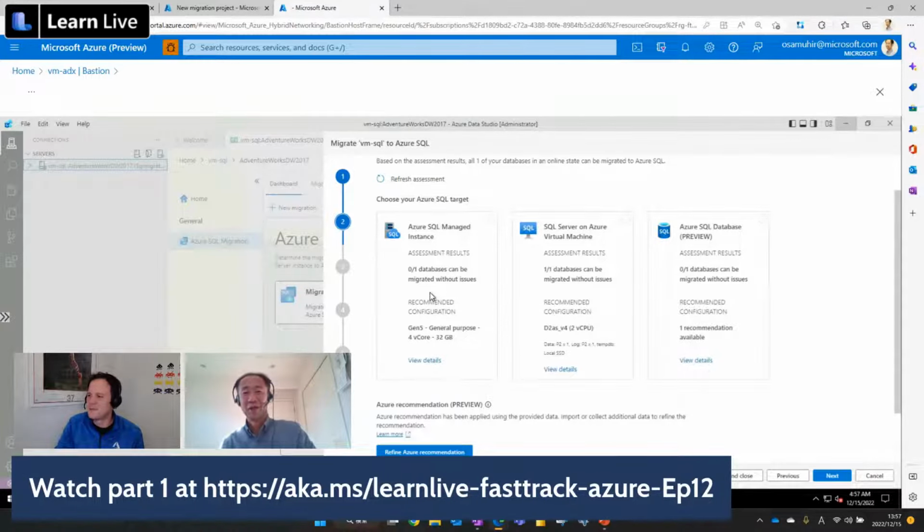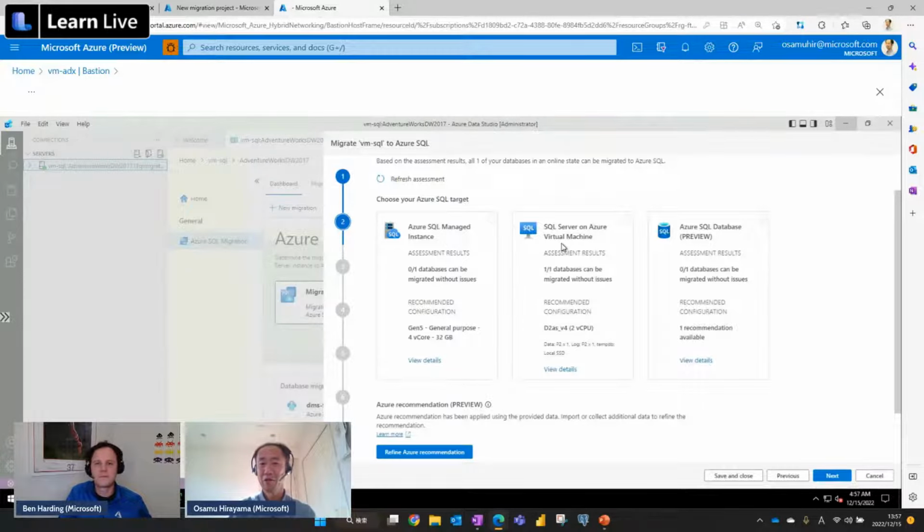So you can get the SKU recommendation for each target: SQL Managed Instance and SQL Server on Azure Virtual Machine. These are generally available. In addition, there is a preview functionality for migrating to Azure SQL Database. It's currently still in preview, but it's possible to get the recommendation. So let's check the